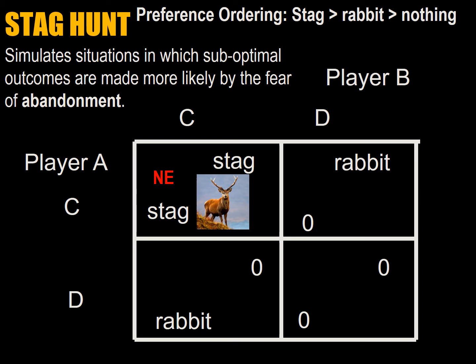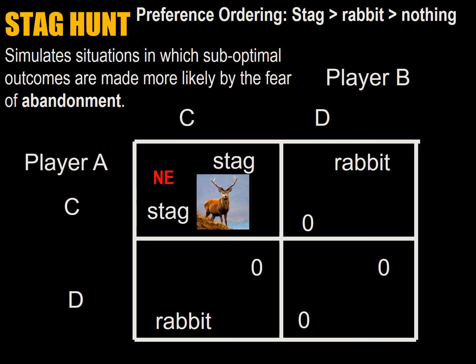But if every hunter is chasing rabbits, then there's going to be no one chasing the stag, and it's going to create so much noise. The rabbits are also going to escape, and so no one will eat anything. Now the preference here is to cooperate to capture the stag in terms of the payoffs. The stag provides the most food, then the rabbit provides a lesser amount of food, and nothing is the worst